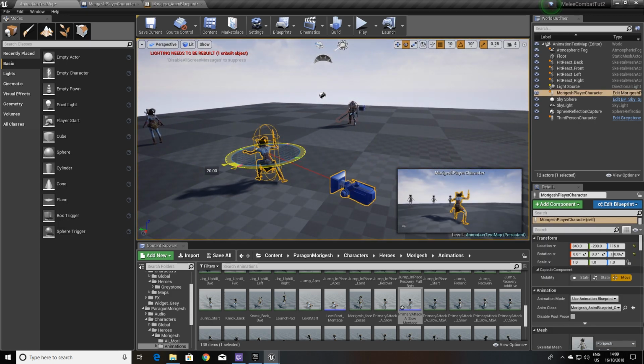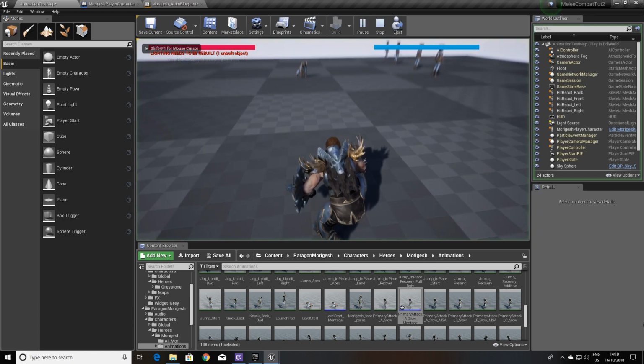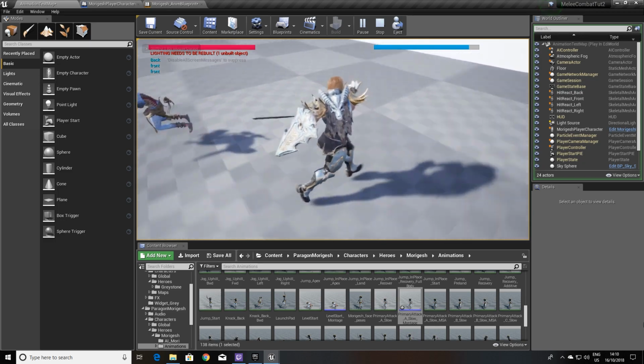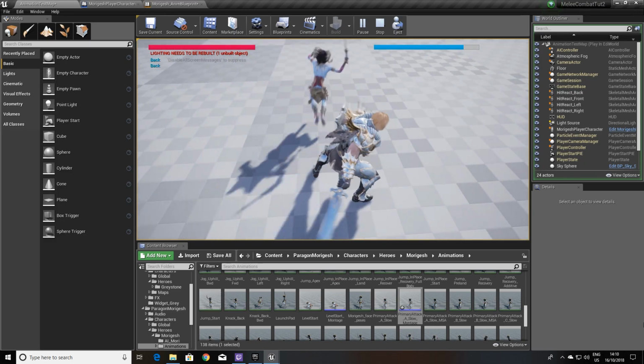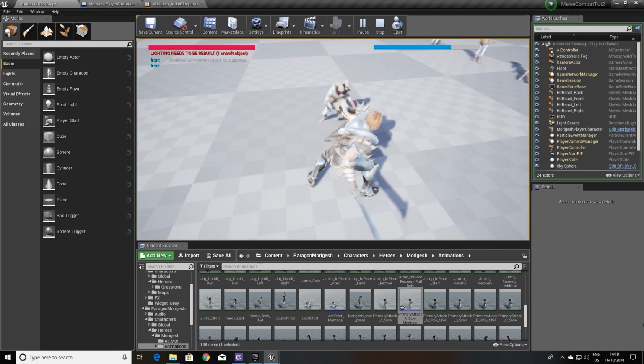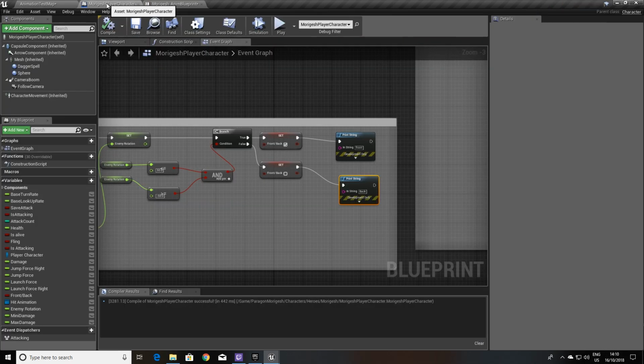Let's turn her this way. Front and the back. Perfect. Now let's go back to Mori